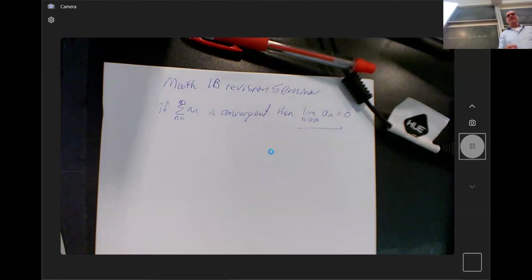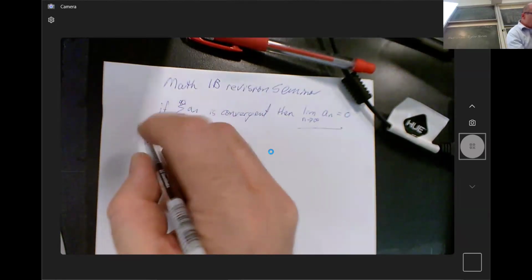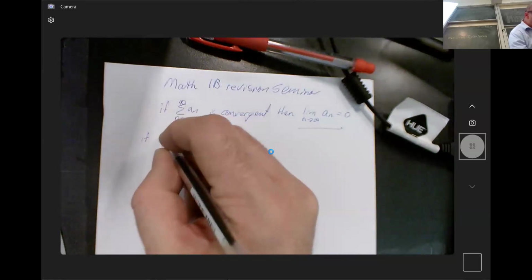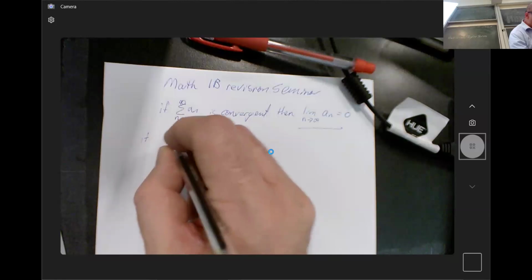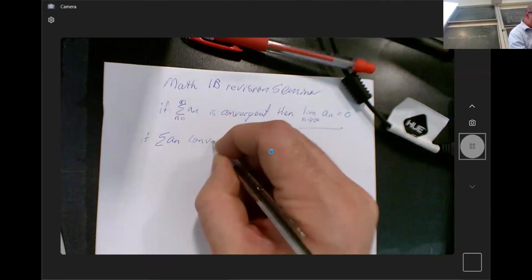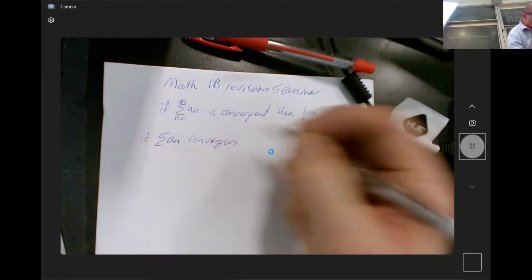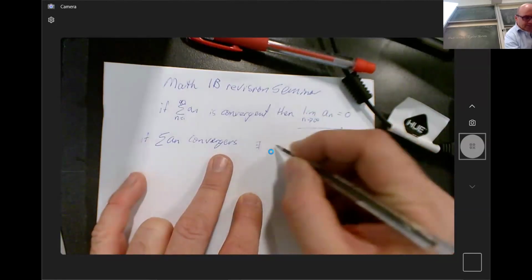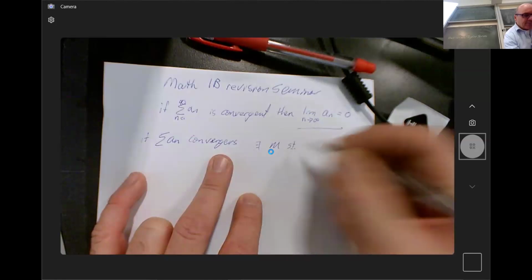So there are other things. When you think about series converging, what is the first thing you think of? Going to a point, yeah. So there is a thing that says, if the sum of a_n converges, there exists some M such that